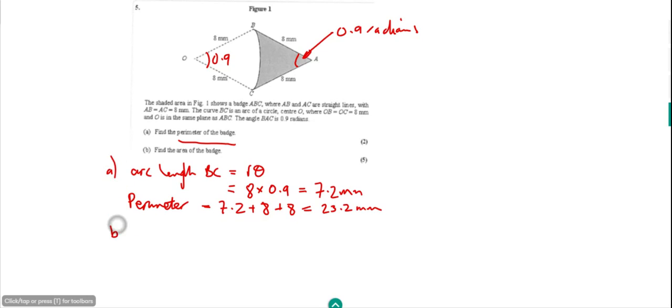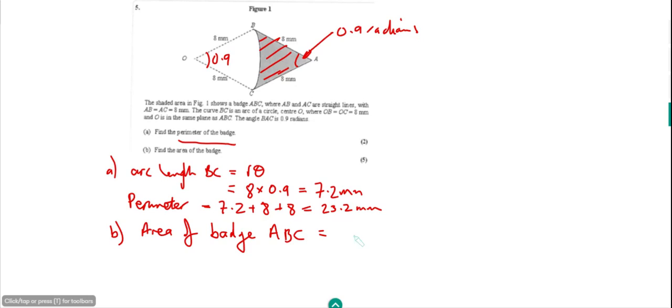And then part B, we've got to find the area of the badge. What we've got to consider is this rhombus, which is basically two triangles, and we've also got this sector here, which is OBC. If we take away the sector from the area of the rhombus, that will give us the remaining area, which is the shaded part, which is what we're after. So area of the badge, ABC,